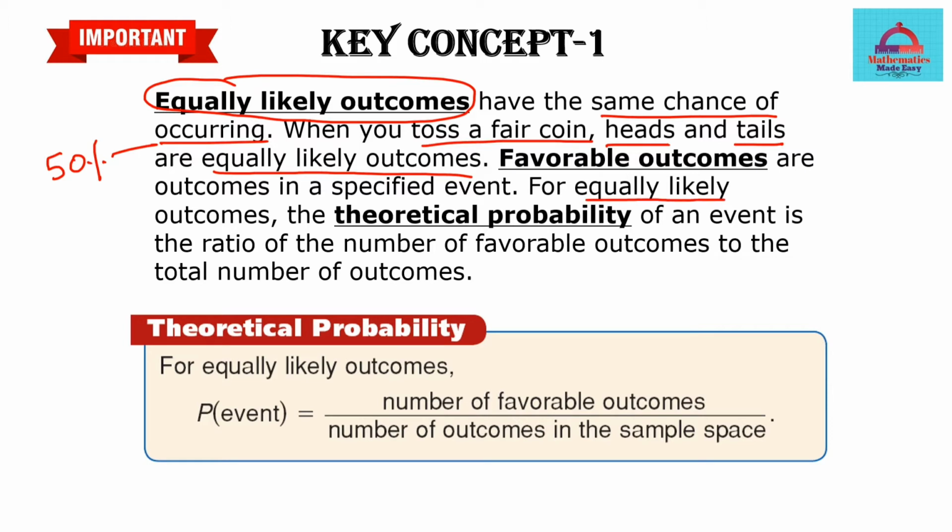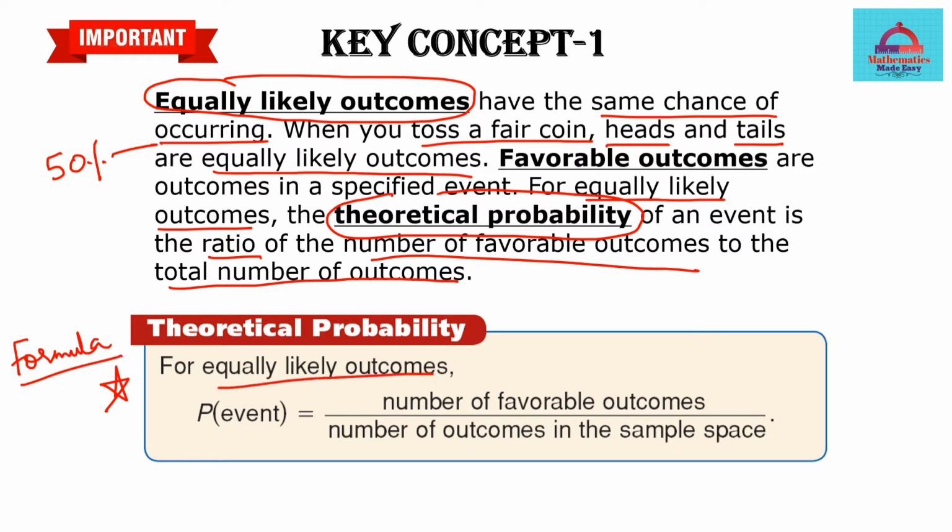And when we have equally likely outcomes, the formula for theoretical probability is defined as this one. I'll put a star mark here, and it says that it is the ratio, that means you are doing division of the number of favorable outcomes to the total number of possible outcomes for a given experiment or a given event. So the probability of an event, when we are talking about the theoretical probability, is the formula you will all be using to solve the problem. For equally likely outcomes, you take the number of favorable outcomes and divide by the total number of outcomes in the sample space. So let's see how we can use this formula now to calculate theoretical probability for different examples.